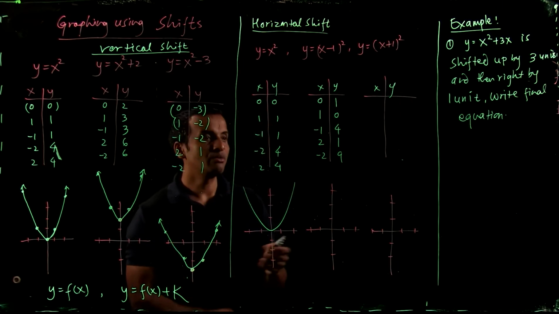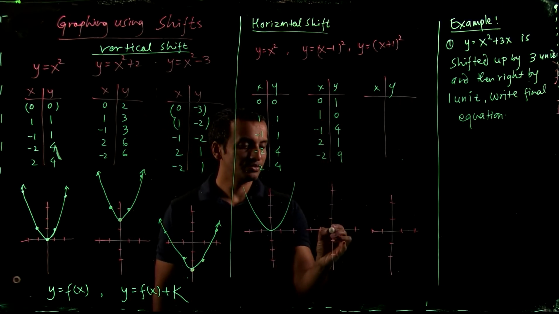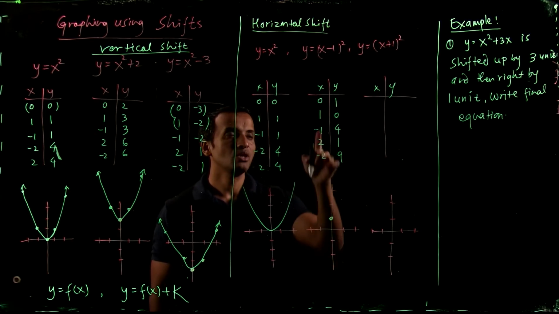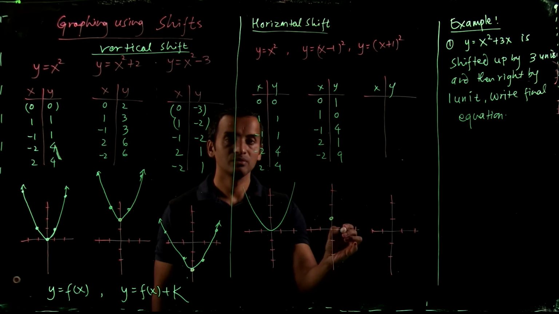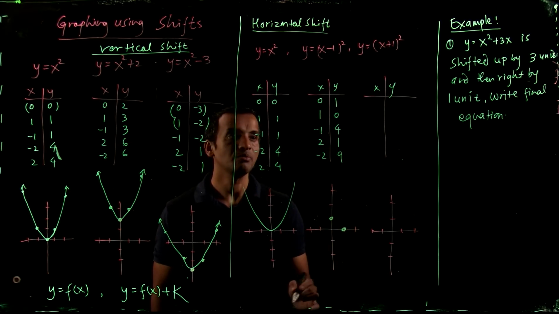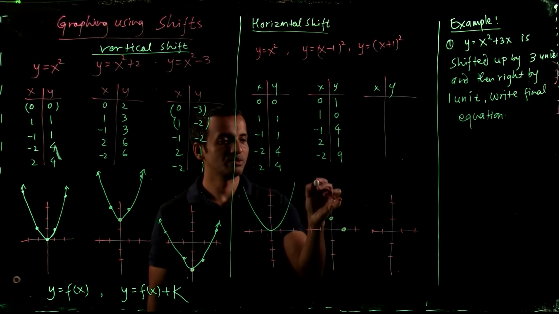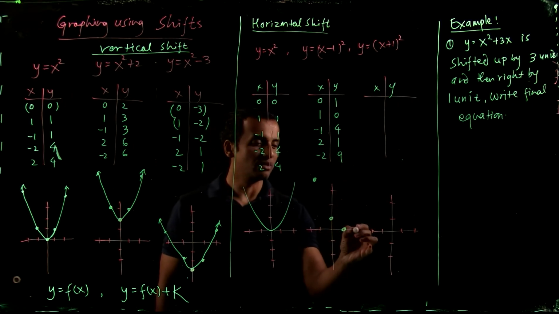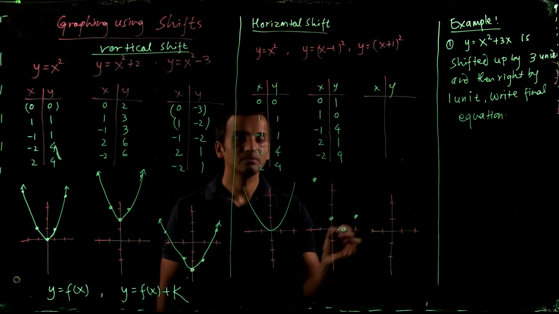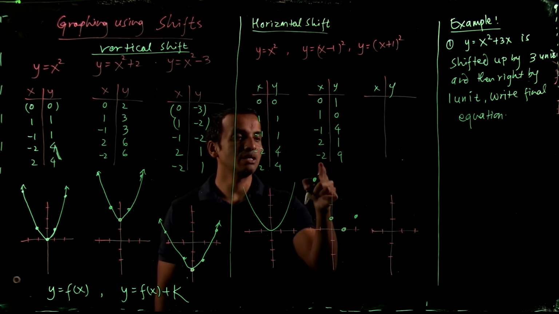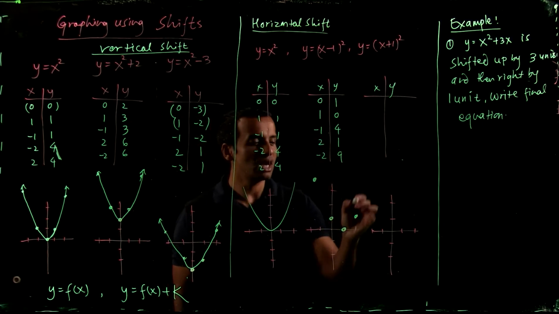So here the graph will be 0, 1. This is 1 point. 1, 0. Negative 1, 4 will somewhere look like here. But 2, 1. Like this. And then negative 2, 9. So it will go like this. So the graph will be like,